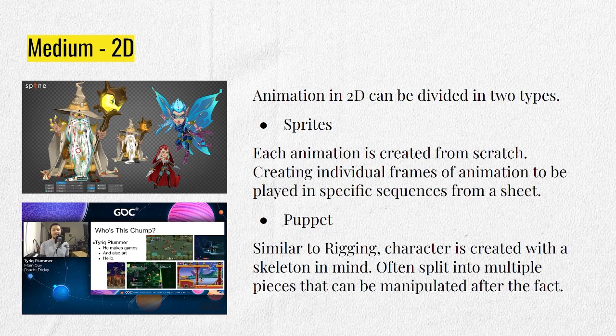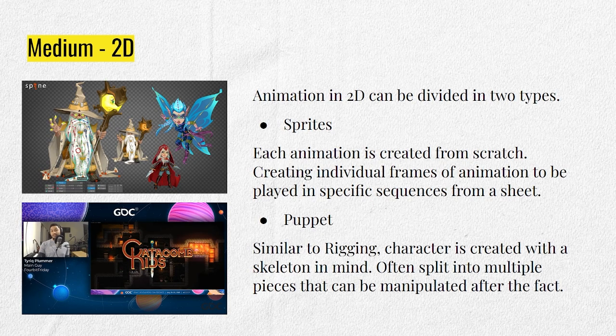Puppet animation is a little bit different. It's very similar to just 3D rigging, but in 2D. You create a character, you create a drawing or a series of drawings with a skeleton in mind. You'll split it up and you'll make sure everything works with that. And then instead of having to draw the character every single time for every new frame from scratch,